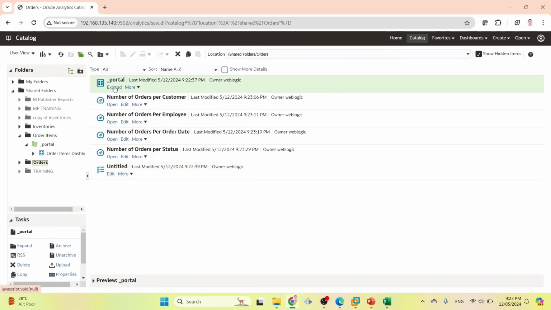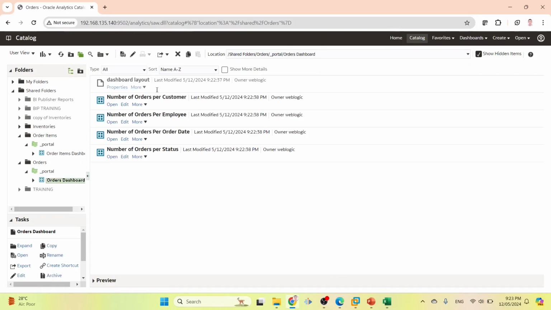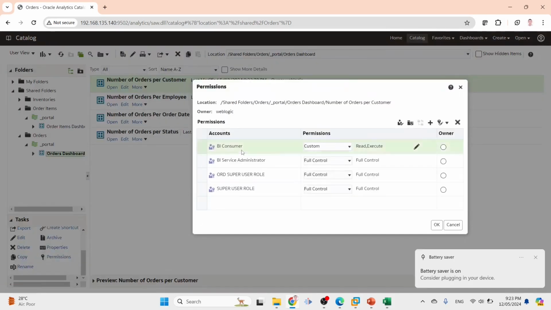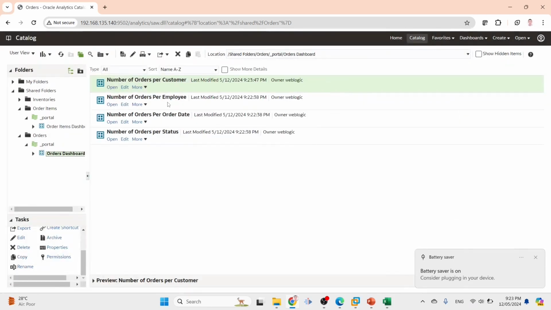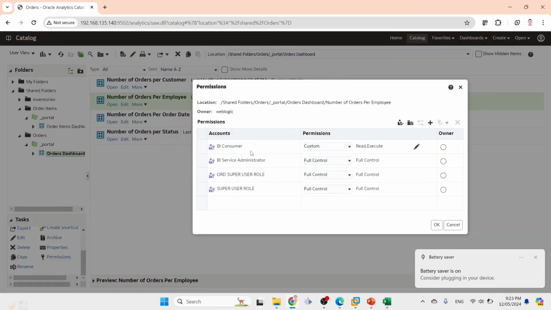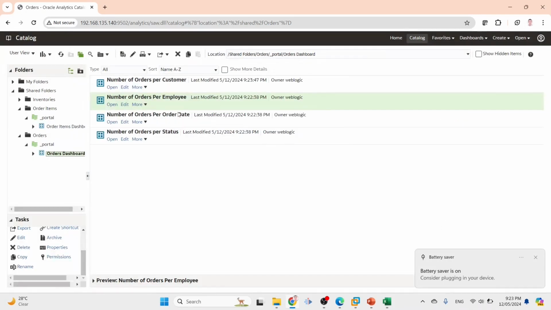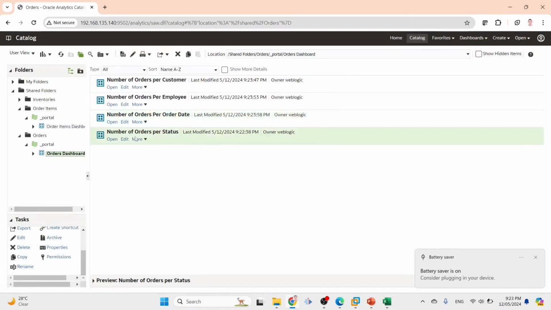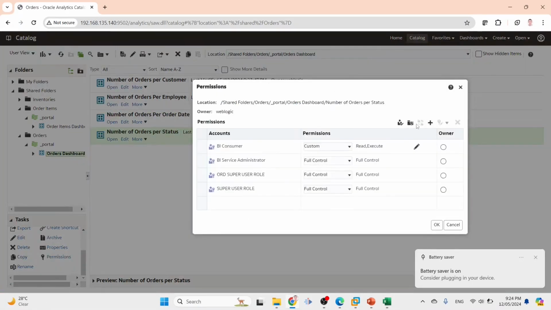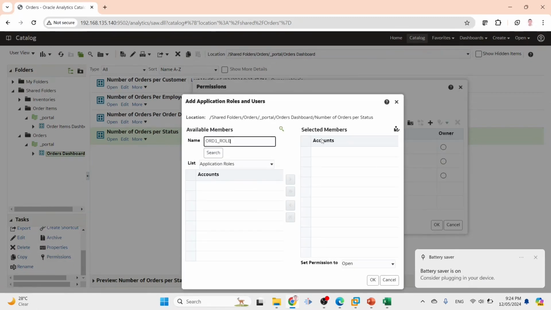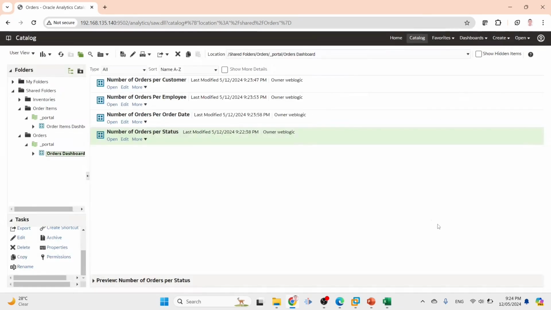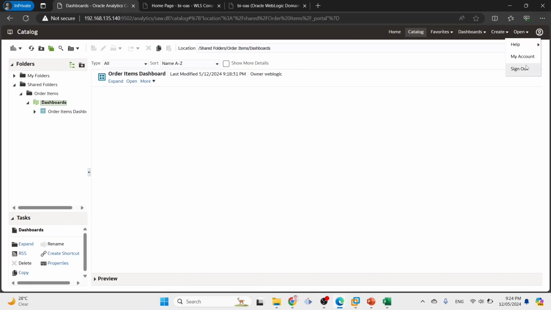We'll go inside the dashboard. I will keep the hidden object as is. I will not touch this object. Number of orders per customer, remove consumer. Number of orders per employee, remove consumer. Number of orders per dates, remove consumer. Number of orders per status, remove consumer and add order one rule as open. Okay. Now we'll try to log in with this user